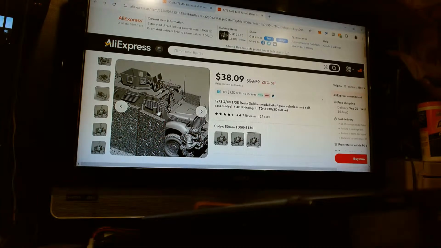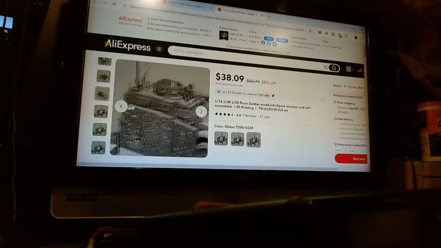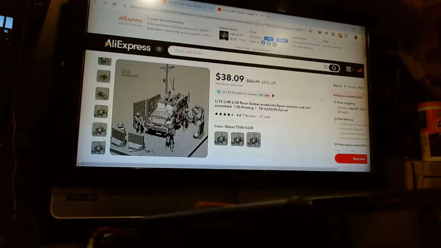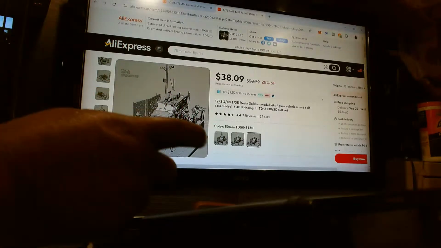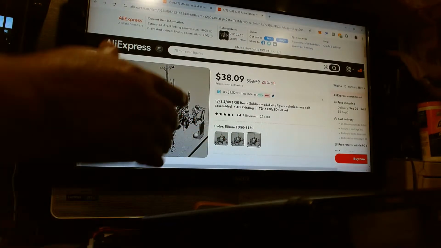Okay, so this is accurate to that particular one. They got different angles here. Let's see this angle. Sure. Yeah, they just have a few angles. So this is one example: you have 1/72 scale, which was smaller, 1/48, and then 1/32 will be a